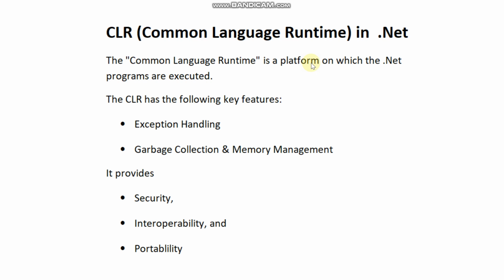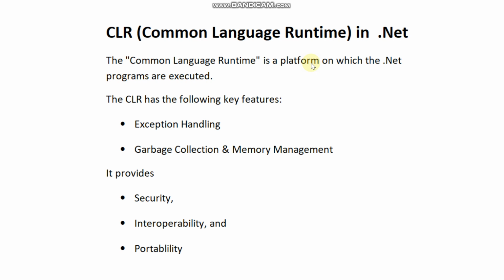Interoperability is divided into two parts: application interoperability and language interoperability. Application interoperability, it provides a lot of backward support. That means you can easily run your older version of .NET Framework application in the latest version of .NET Framework. Language interoperability means when we compile our C# program, it is compiled into intermediate language. That compiled program or intermediate language can be used by any other .NET language like Visual Basic, F#, J# and so on.